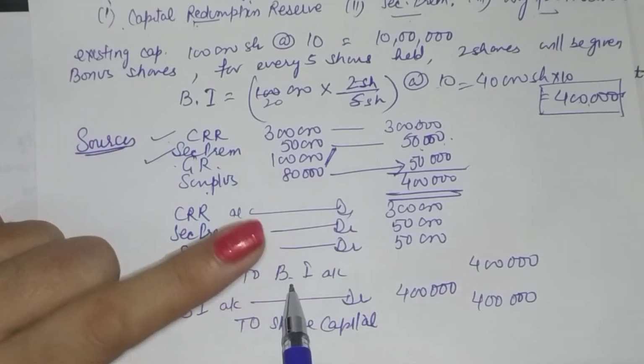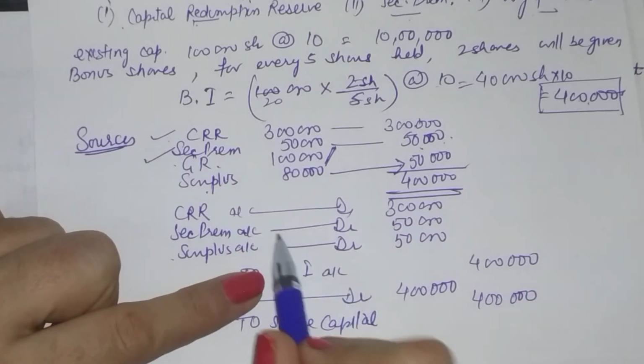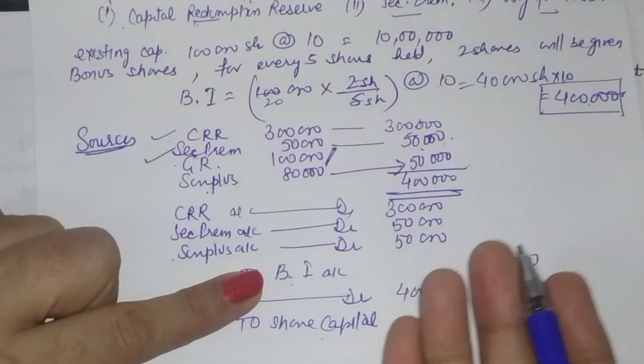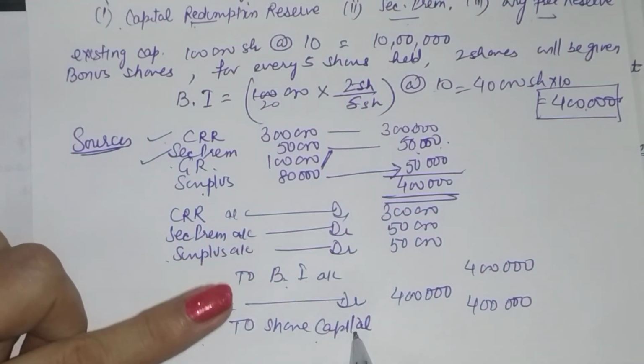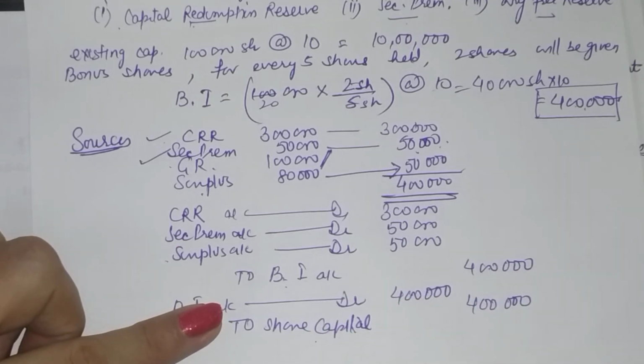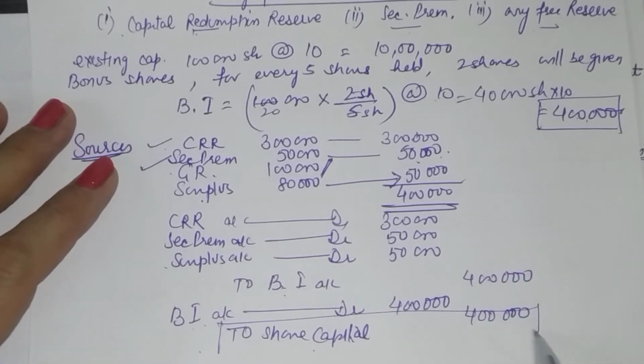Now you are creating bonus issue. At the second step, you are using bonus issue. So when you created it, you credited it. In order to use it, you need to debit it. So you debit it and then capital is raised. Capital being created is credited. So this is your journal entry. The effect will be that your capital will increase.